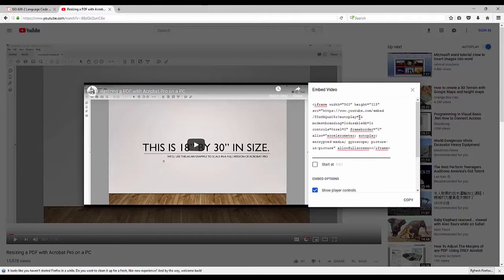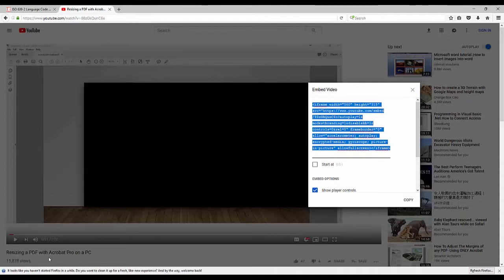We've got autoplay=1, modestbranding=1, disablekb=1, controls=0, and rel=0. So once you have that in there, go ahead and click copy in the bottom right. It's going to highlight everything again, and it's going to copy that to your clipboard. Okay? So you go back to PowerPoint,